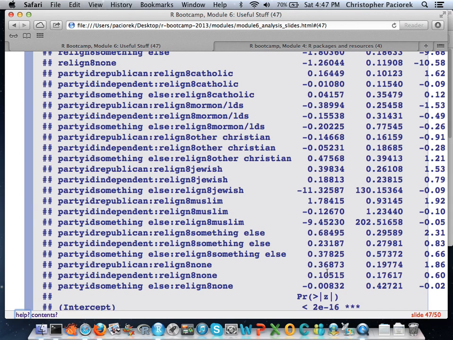Yeah. On that note, can I just add something? You have to be careful not to interpret the p-values from the output. You have to do sometimes analysis of deviance to do hypothesis testing. So you can't really say, oh, that's significant because the table has a star by it. It depends on what you want to do, yeah.